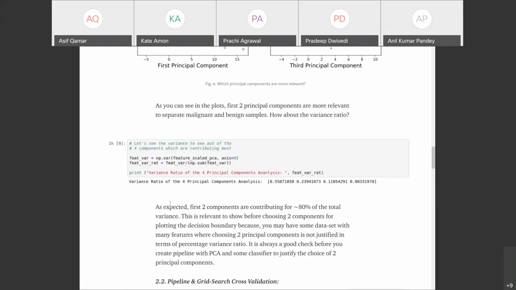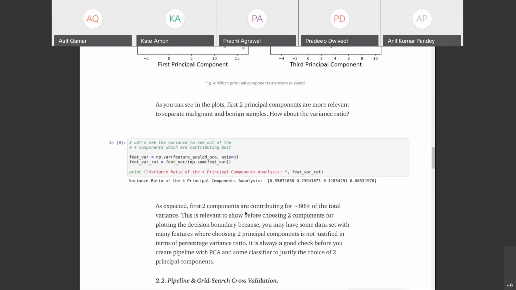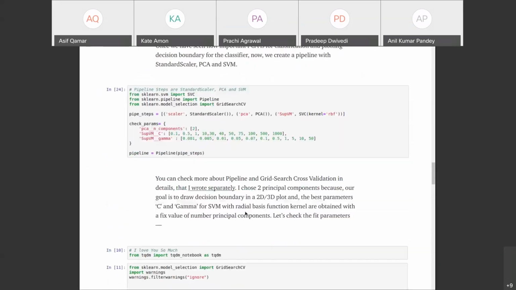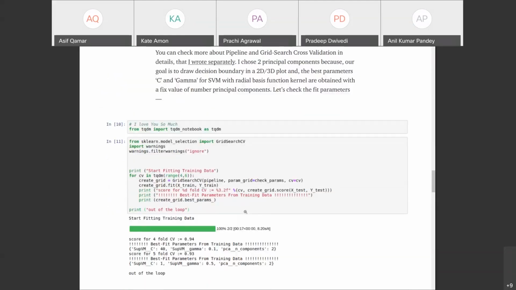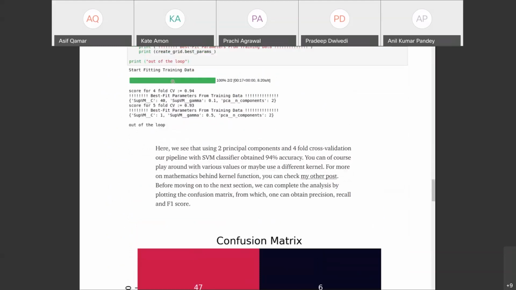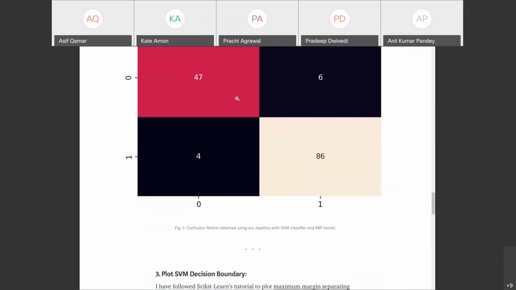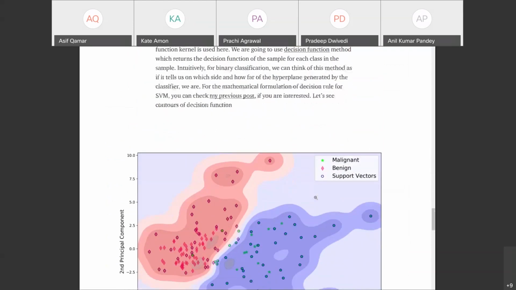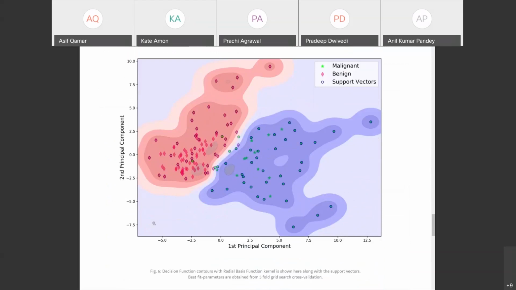Support vector machines is something you'll do in ML200. By the way, you could have just used logistic regression. It works almost as well, and it is something you are familiar with. When you do that, it comes up with a classification accuracy which is very good, 94% accuracy. 94% is not something to be unimpressed with. It's pretty impressive. And if you look at the plot of the support vector's decision boundary, you see how clear it is.